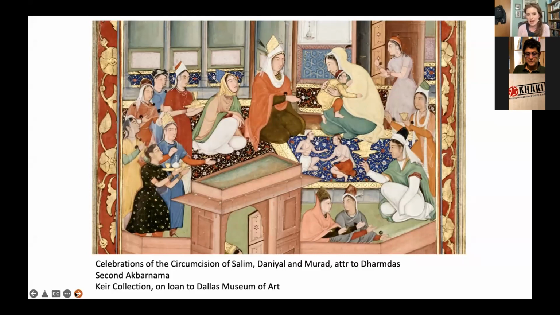And so the celebrations for their circumcisions took place at the same time. And here we see Salim in the arms of a foster mother within the imperial court, and here Danyal and Murad. They sort of look like mini adults in the way that the children have been portrayed. It's only really much later, in almost the Shah Jahan period, where we begin to see children really looking like